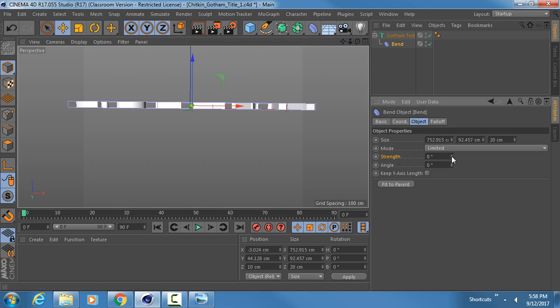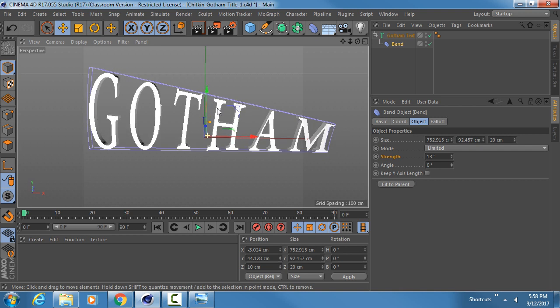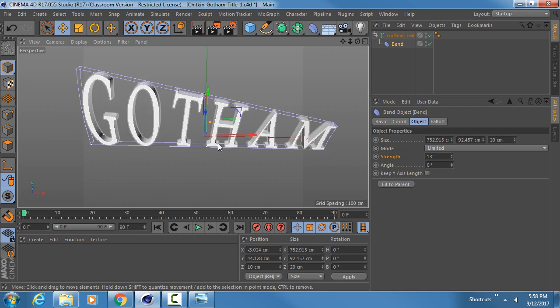We want to add it in our strength value, and a little bit will go a long way. But first we'll recognize this is going to look goofy. The program has unfortunately placed our bend deformer, but hasn't oriented it the way that we want it to. It's just not set up quite right yet. So we can grab our rotate tool,